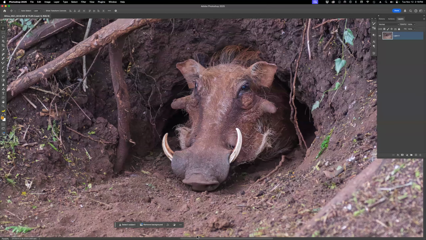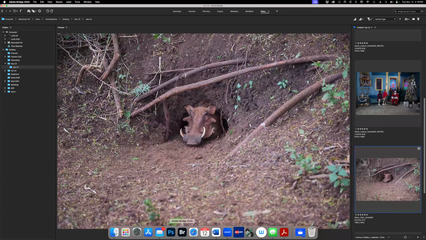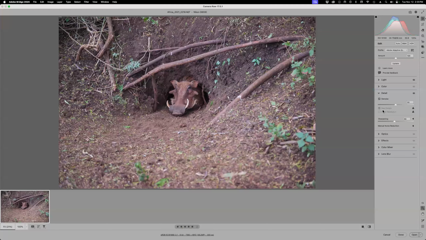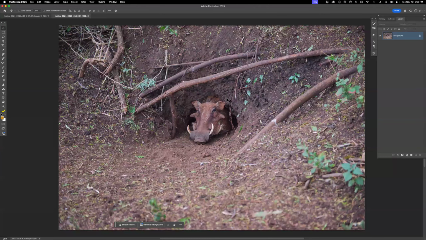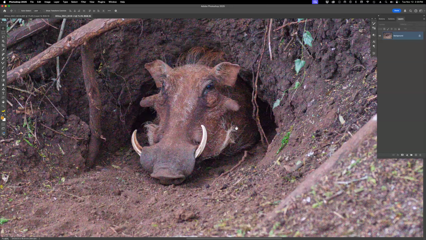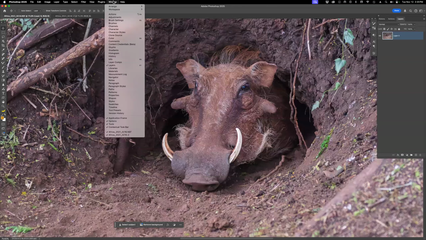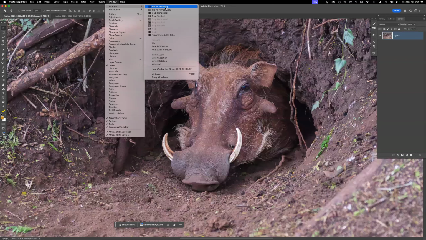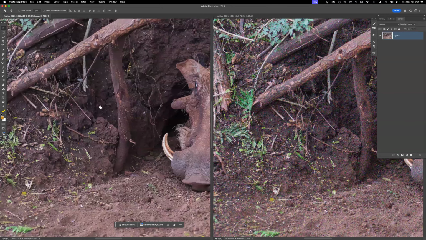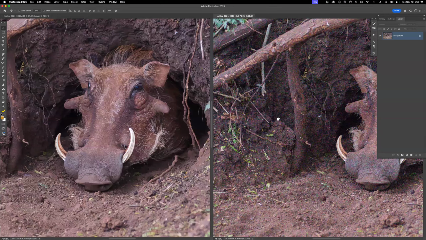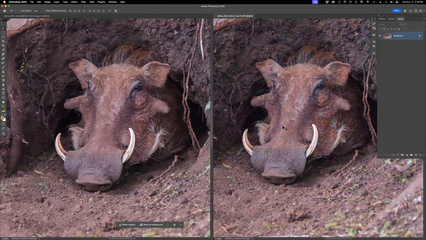Yeah. So let's say, okay, I like that, but I'm going to go back to my raw. I'm going to undo denoise and open that. And now I have version 1 and version 2. So here's version 2. Here's version 1. Go to Window, Arrange, Tile all vertically. Put that head there. That head there. And you can see without the denoise on its face,